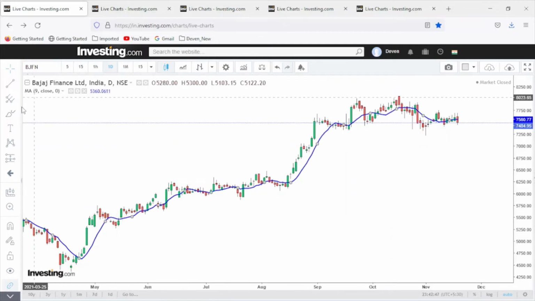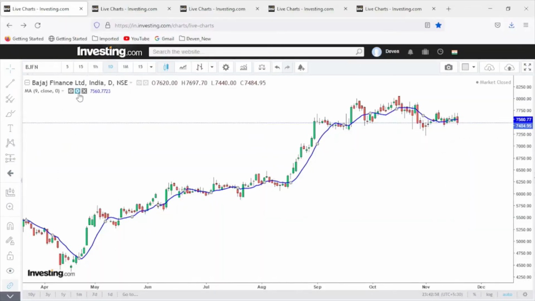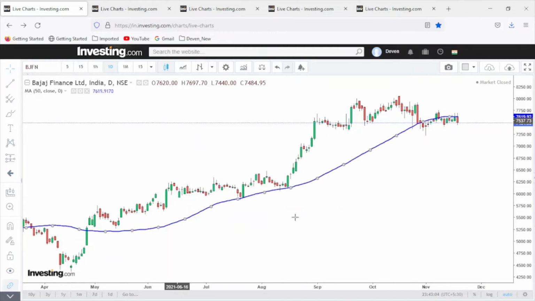See, I took a 9 moving average, which is the default many people use, but you will see that there are very few trades where you are able to enjoy the ride. But if you take a 50 moving average, then you will get good trades. And this trading can be done while doing a job, or while doing other business. You can just buy at this point, keep a tight stop loss, and then you can make good profits.